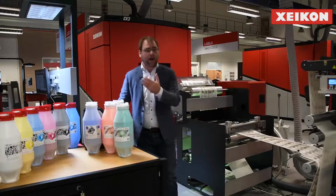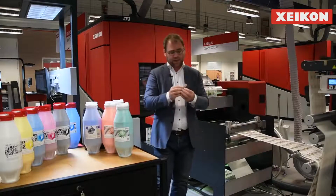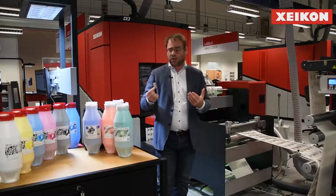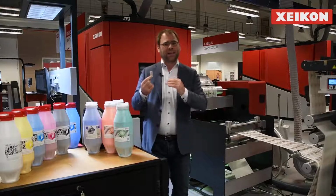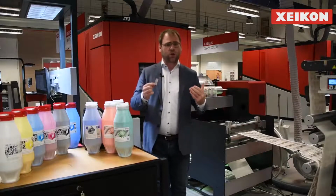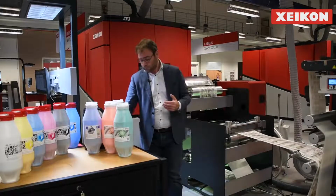And to give you an idea, where in application, for example, these custom colors are used, and where also our uniqueness of the 1200 dpi print resolution is used, is for example these tax stamps. If you come to Belgium or Luxembourg and you would buy any smoking goods, cigarettes, cigars, you would see the tax stamps that are on there, all of them are printed on a Xeikon press, utilizing the 1200 dpi to integrate unique security features, but at the same time also utilizing, I think, 2 or 3 unique custom colors to make it really a secure product that actually is costing a lot of money and has a lot of high value also. All right, this is